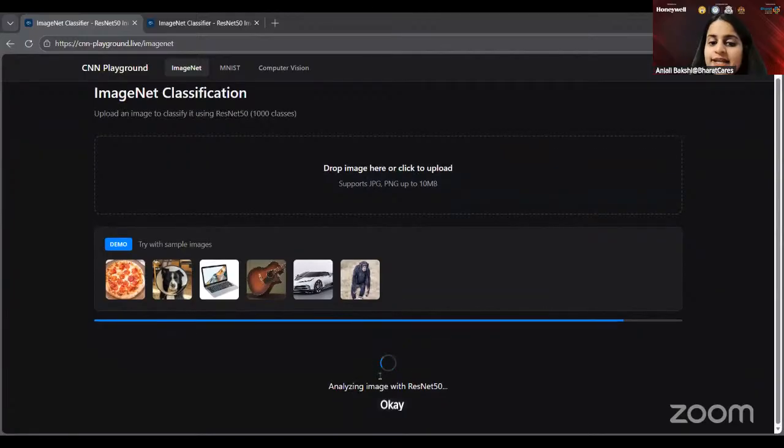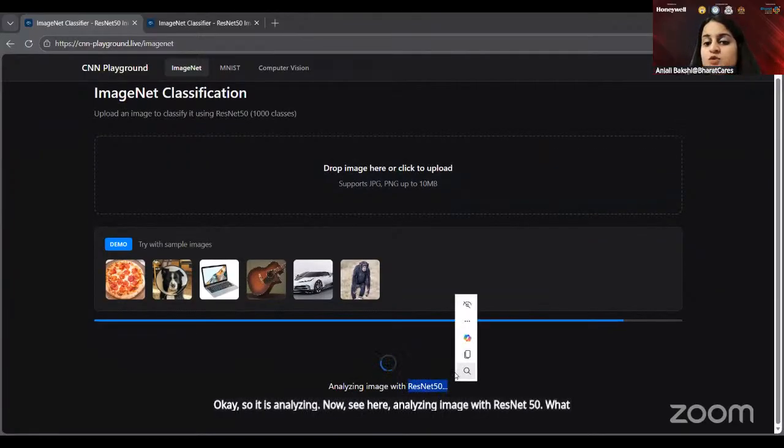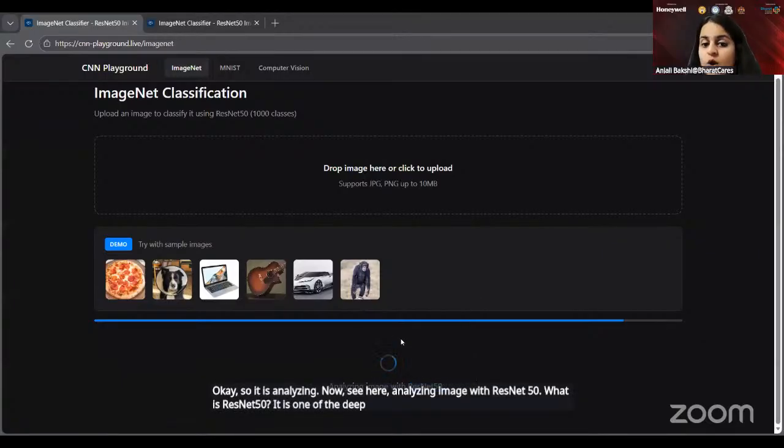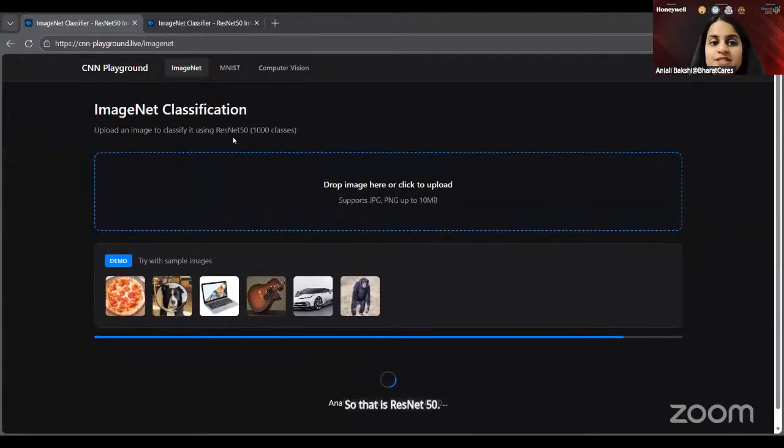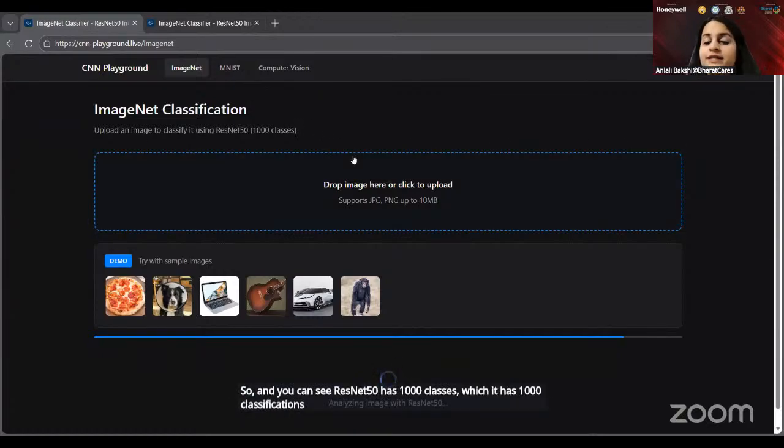Okay, so it is analyzing. Now see here, analyzing image with ResNet 50. What is ResNet 50? It is one of the deep learning models on which this machine is trained. So that is ResNet 50. And you can see ResNet 50 has 1,000 classes, meaning it has 1,000 classifications already in the data set